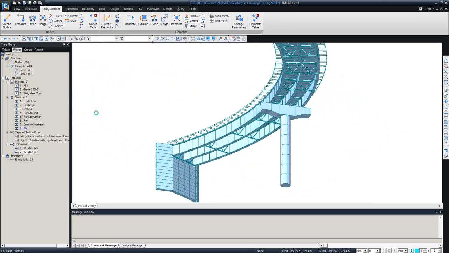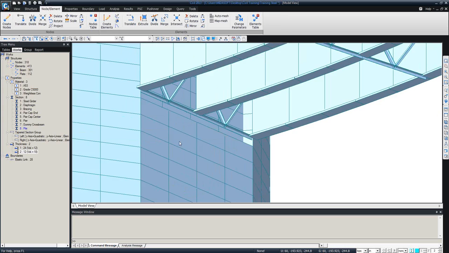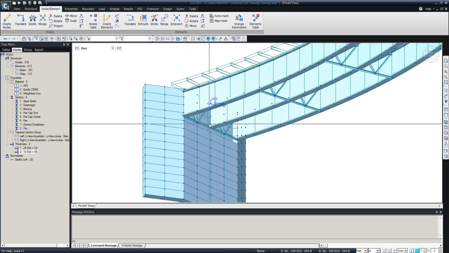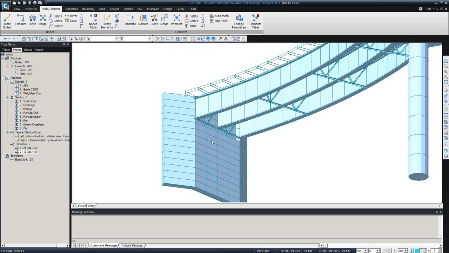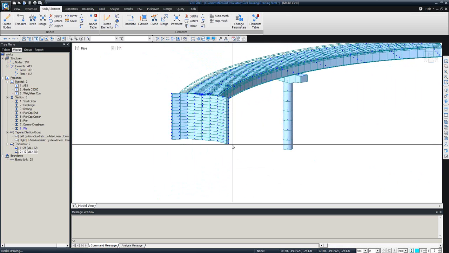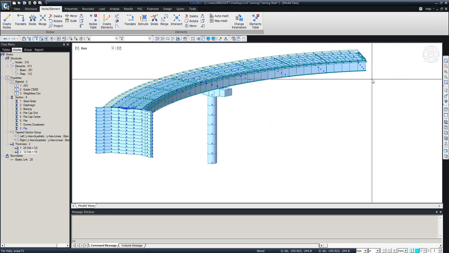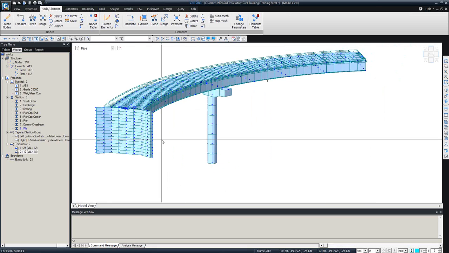We see that the girders are here on top of the abutment, and then we have to connect them with the links or the bearings. And now I want to model the piles, and after we model the piles, we're gonna just mirror the entire thing to the other side to save the time. All right, let's create the